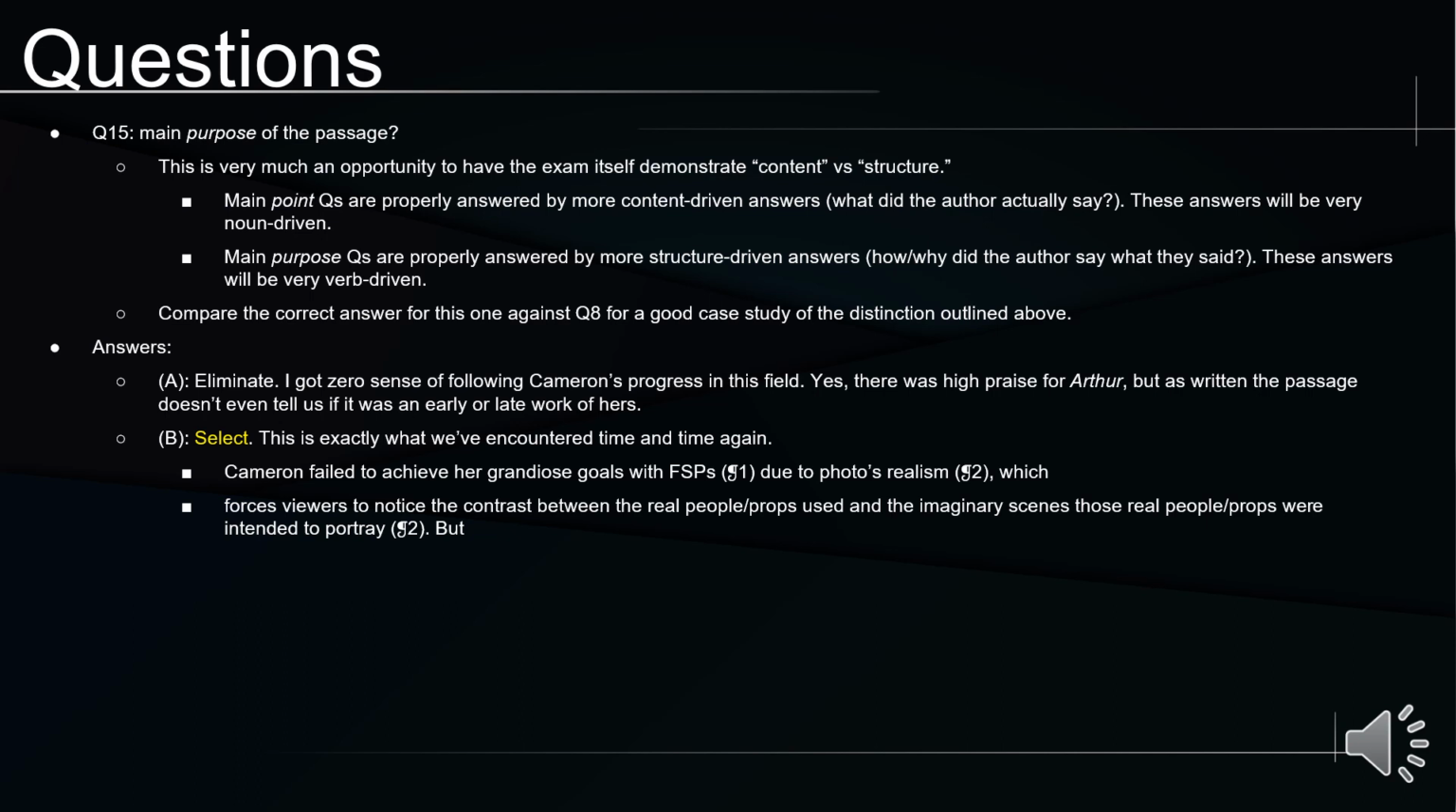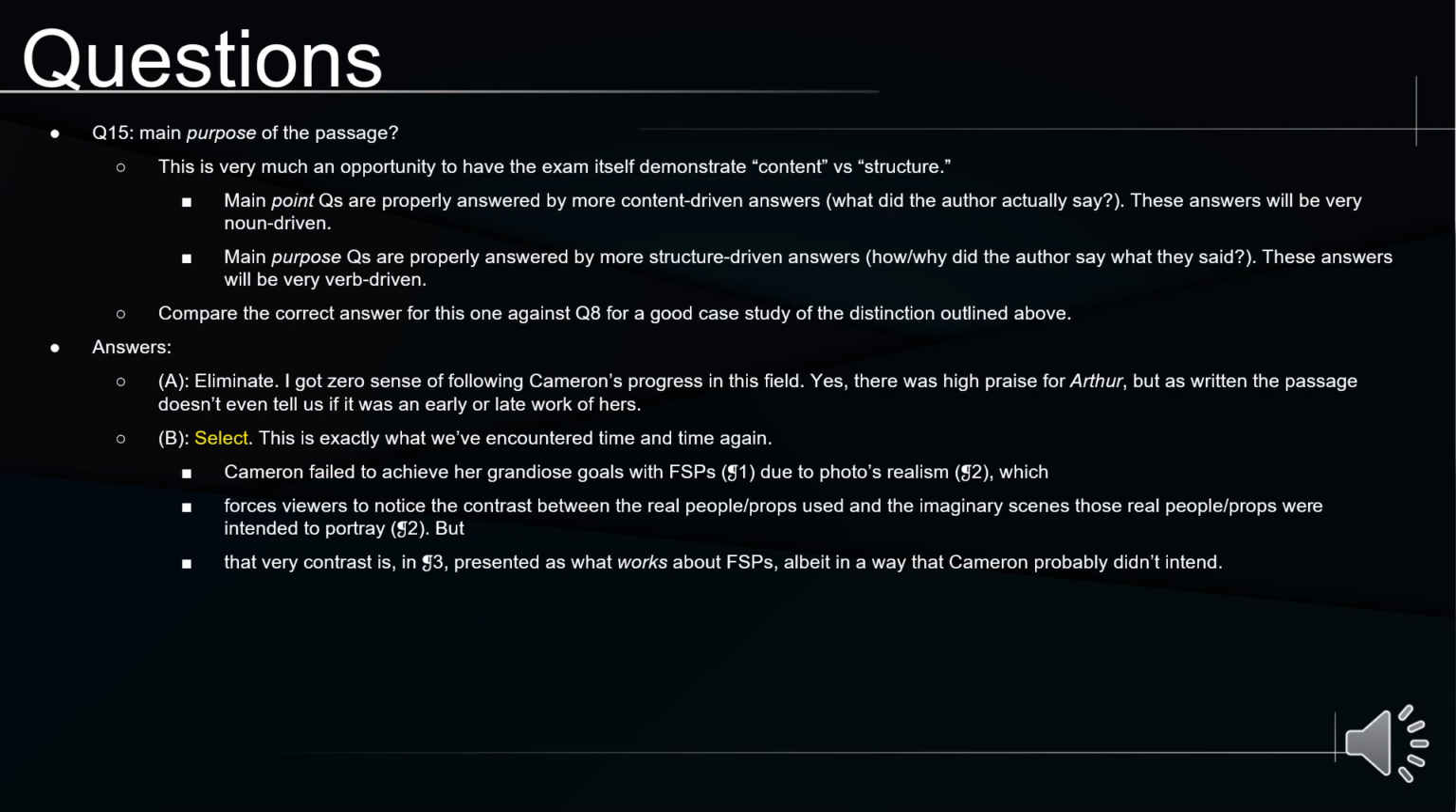Our inability to separate or to not do both of those things at the same time, that's the result of realism, and that again is in paragraph 2. But that very contrast in paragraph 3 is presented as what works about FSPs, albeit in a way that maybe Cameron didn't intend because Cameron was going for something else. But yeah, as far as we can tell, that's the structure that we've seen, and that's kind of what B